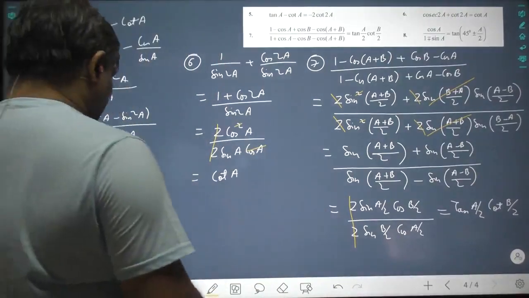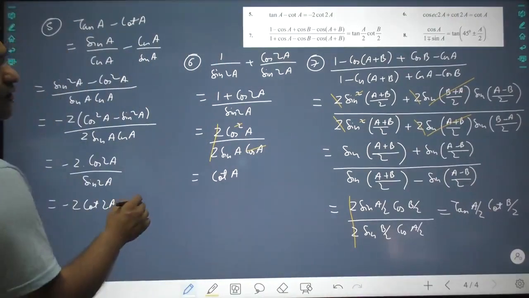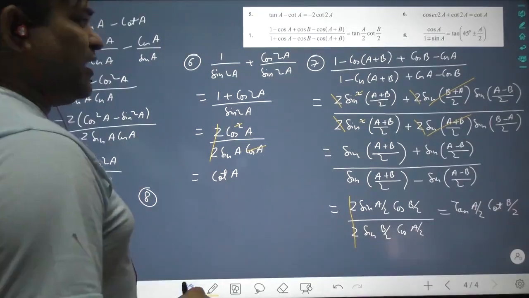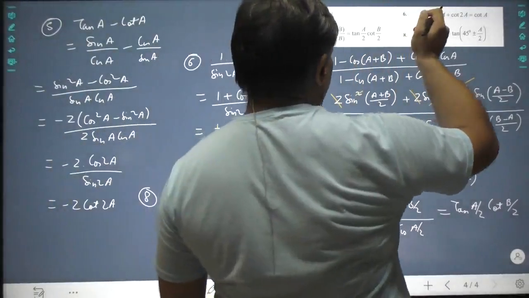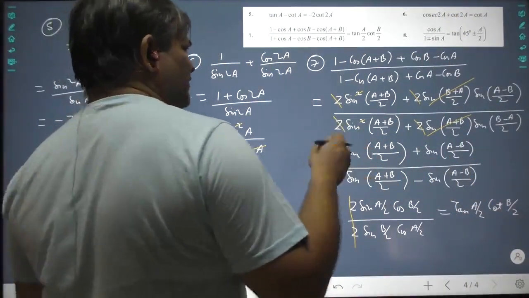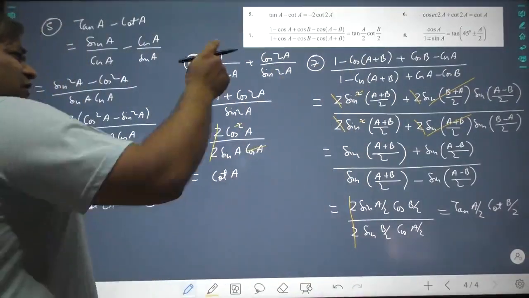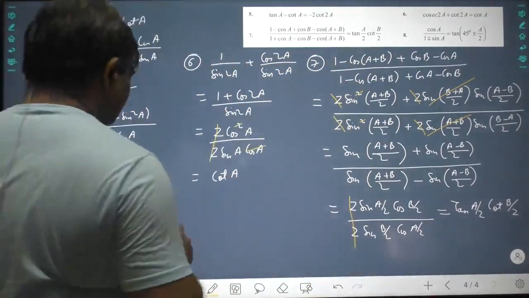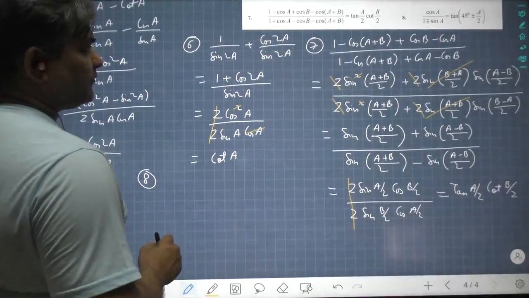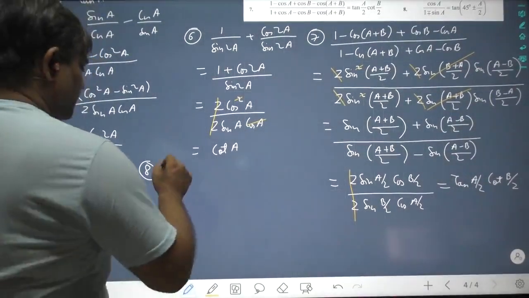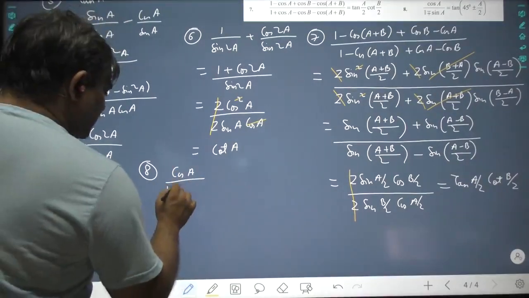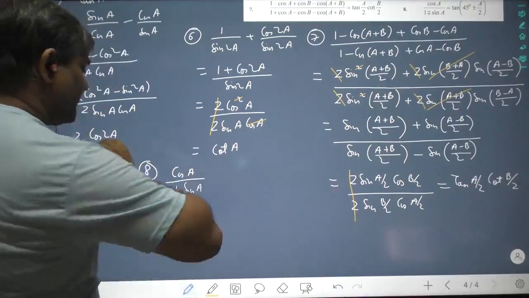Let us make some space. We have some space here. I can use it to do question number 8. Cos A upon, okay, either we can prove the minus part or plus part. It doesn't matter. You can prove any part you feel like. Which should I prove, the -1 or the +1? Tell. Student says plus, 1 plus sine A.